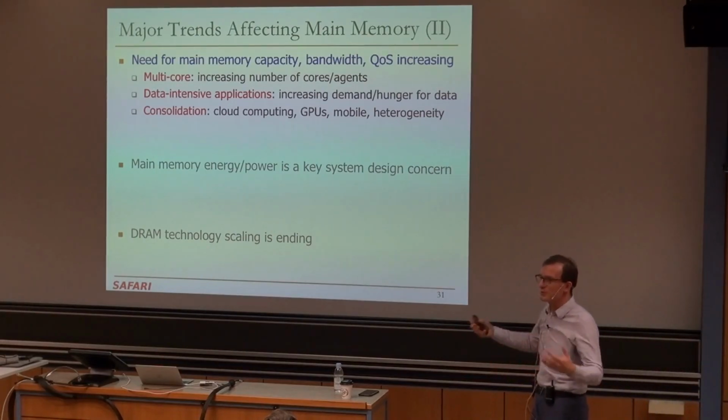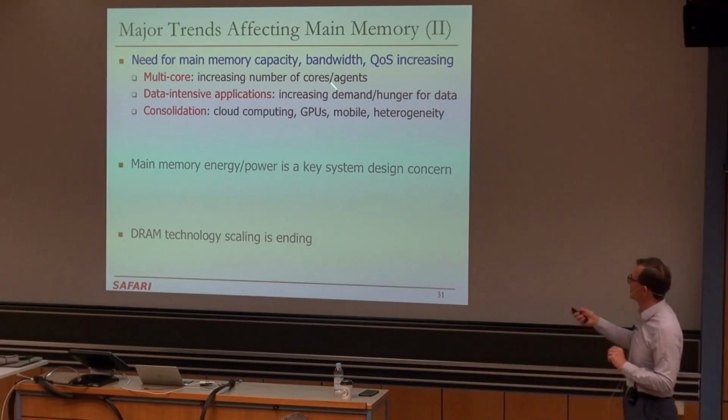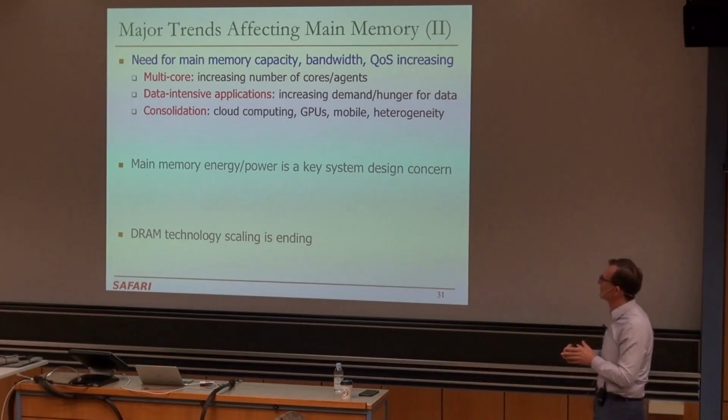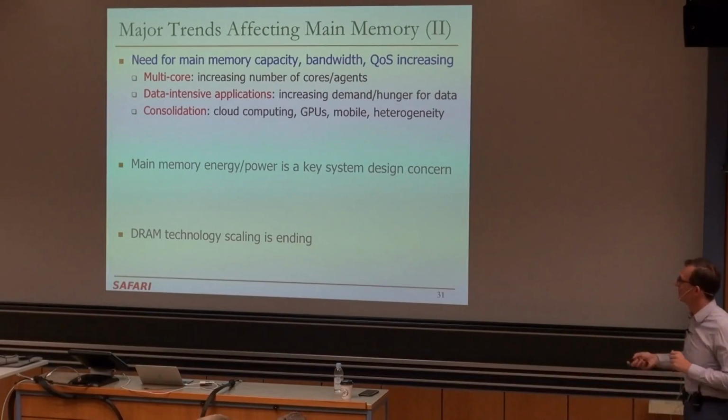Multi-core is an example, but this is also multi-agent, right? We can design accelerators, we can design cores, whatever. Those are really easy to design for us today. Of course, there are specific challenges inside them, but compared to memory, we know how to design them and fit them in logic relatively well.